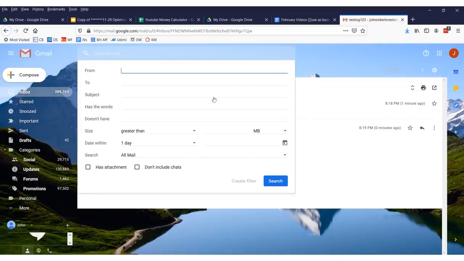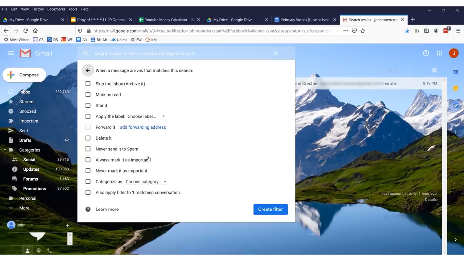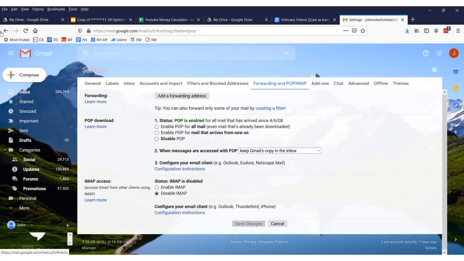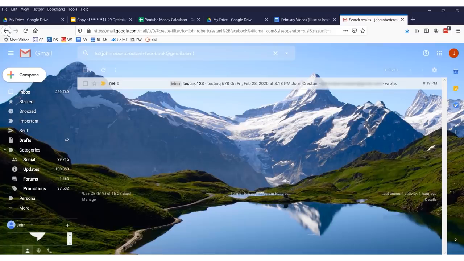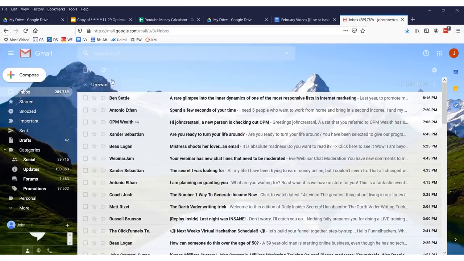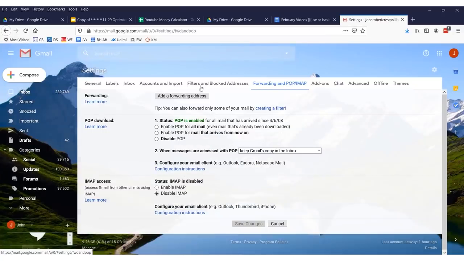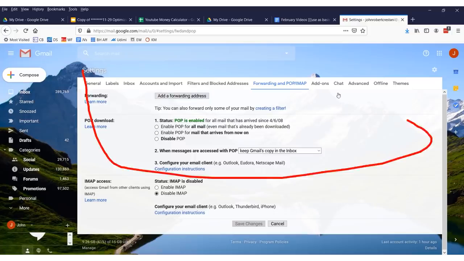Now what I can do is set up a filter so that whenever the email is sent to, let's say I registered for Facebook with plus Facebook, I can set it up to create a filter and automatically forward it. I don't have any forwarding addresses in here, but I could set it to automatically forward my email to a particular address. Pretty neat. Now let me show you how to auto forward things, talking about that. To automatically forward things, as you saw on this screen a second ago,